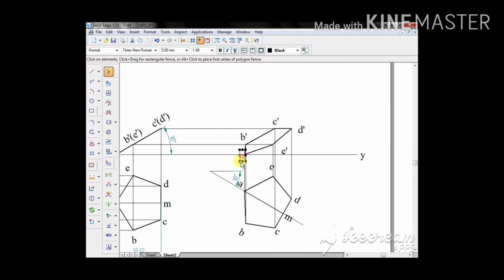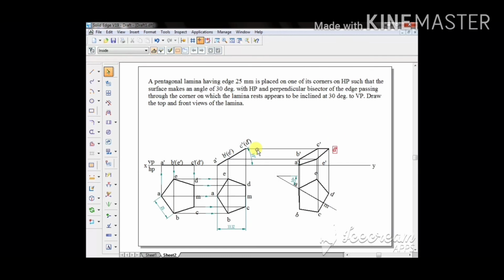So place the namings here in the appropriate position. This completes the solution. Also, always have a habit of giving the leaders here, that is, drawing the arrow marks. So let us see what the beta angle is. The beta angle is 30 degrees, right? Because the given angle itself is the beta angle, because it says it appears to be. Okay, this is the solution. Hope you have understood this. Please draw it in the